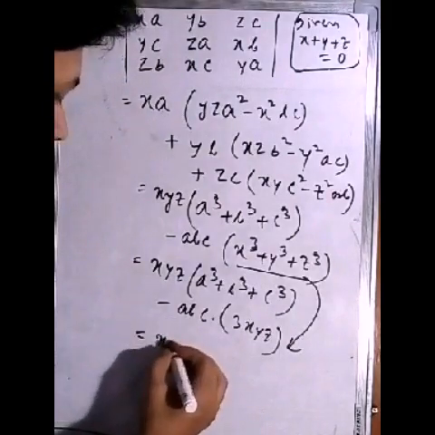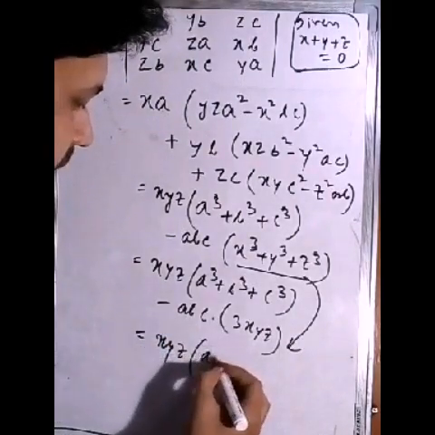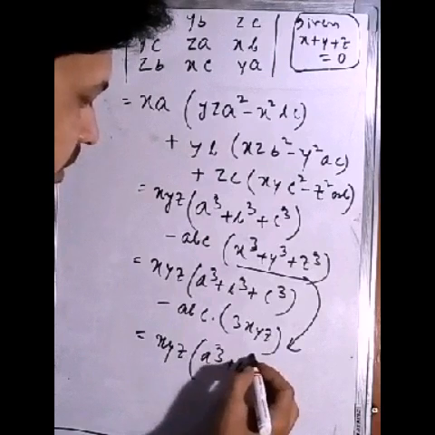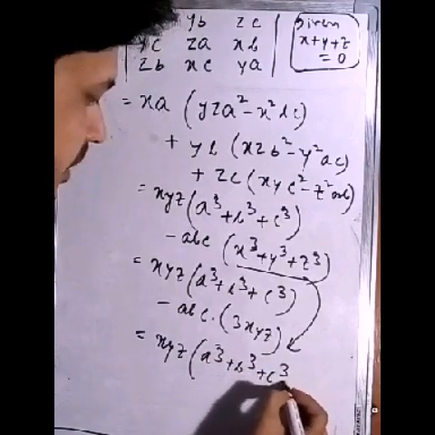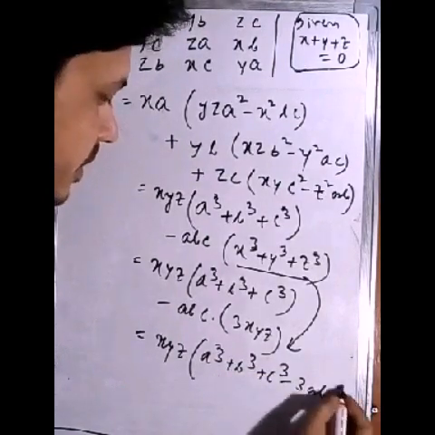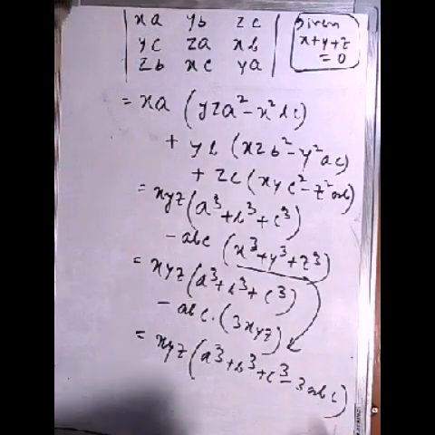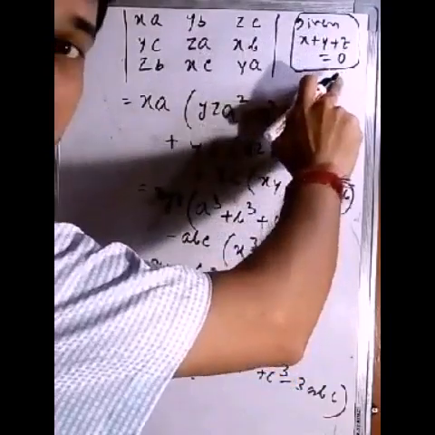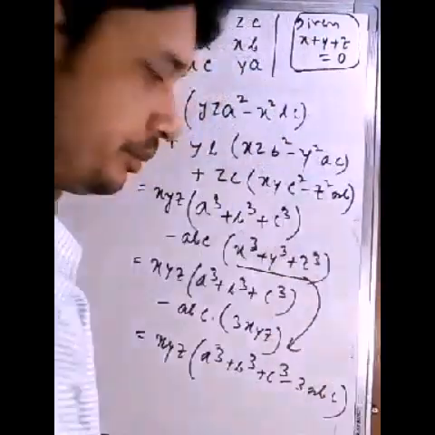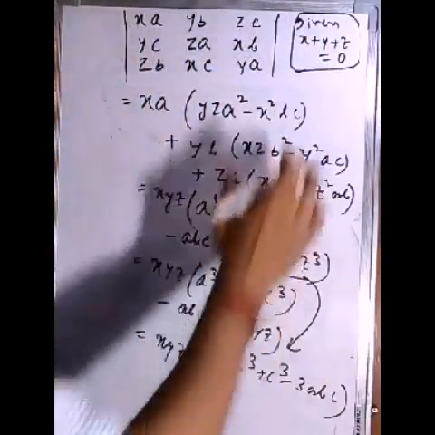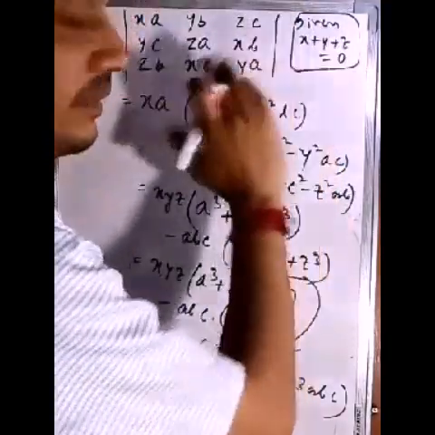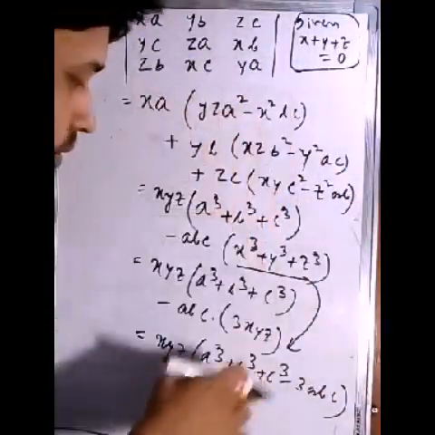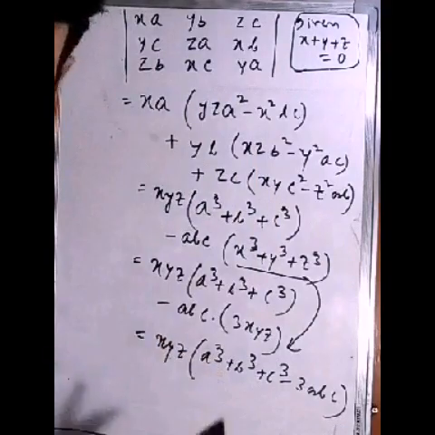Now we take again XYZ common, then we get A cube plus B cube plus C cube minus 3ABC. So this gives the simplified value of this determinant using the condition X plus Y plus Z equals 0. Now we have to prove that the second determinant which I have erased is also equal to this value, and that the determinant was